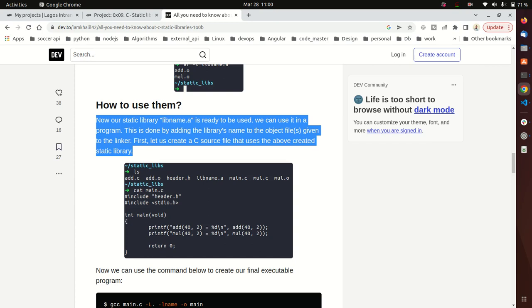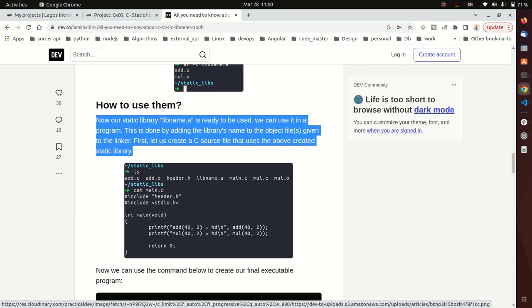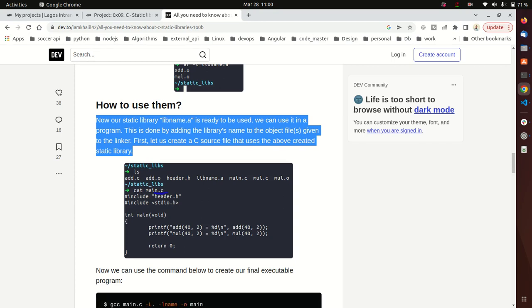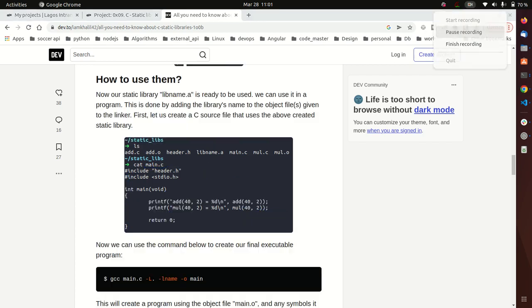So if you look at here now, a new file is created, which is main.c, and this is the content of the main.c. So the main.c is now using the add and multiplication here. Note that these are functions, and the functions are not in this file main.c. Okay, so if you look at the bottom, you can see